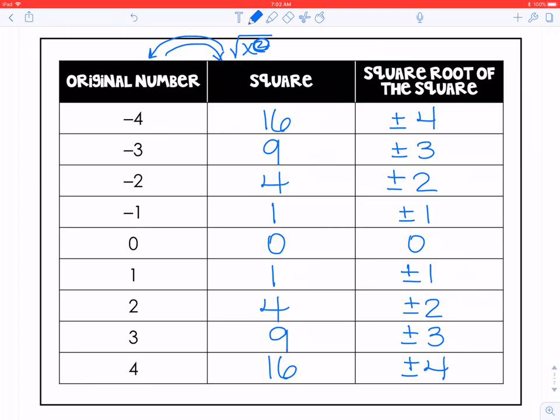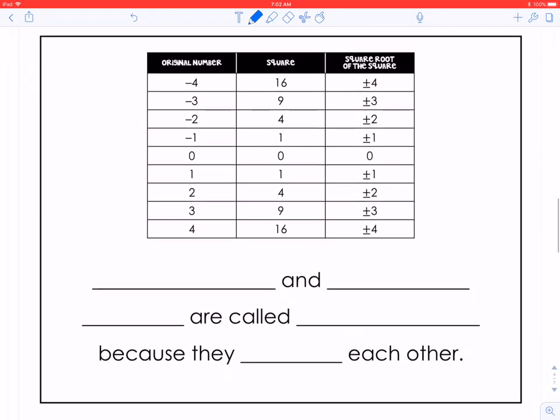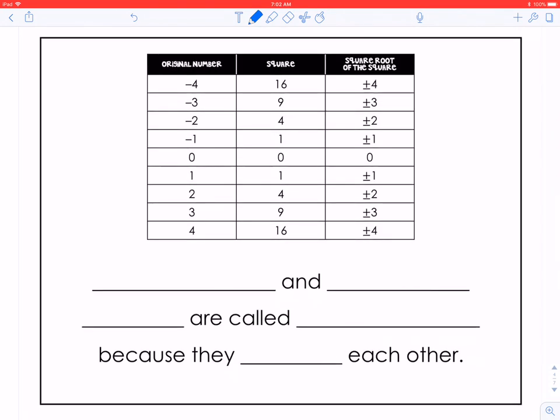Okay, so when we're looking at undoing, we see our squares and then we undid them with our square root. And so those two operations, squaring and square roots,